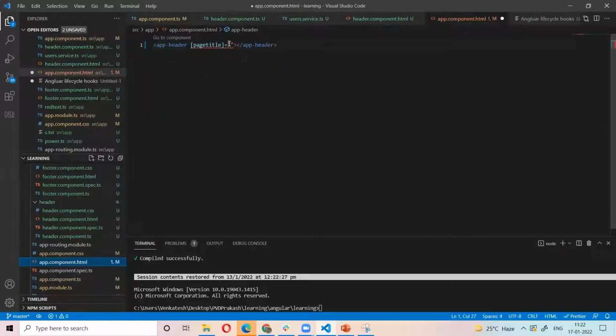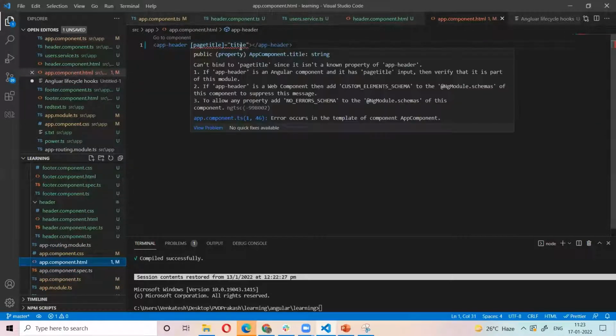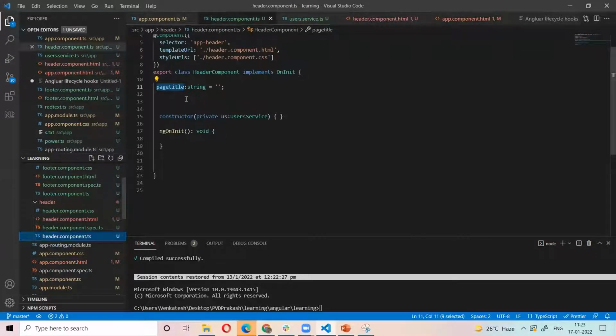So in the header component, for that I need to use the @Input decorator.